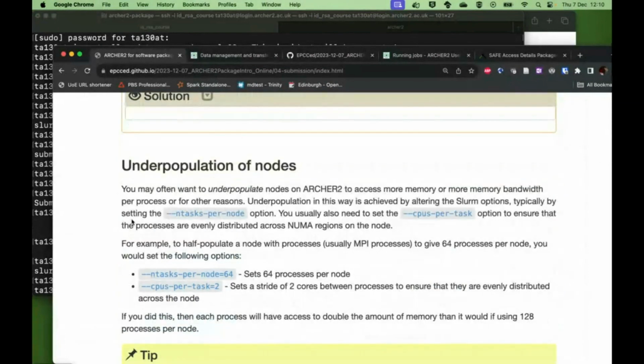Okay, so sometimes people might want to do what's called underpopulated nodes, and this is usually to access more memory or more memory bandwidth for processes. There are other reasons you might want to underpopulate, but the major reasons are access to memory capacity or memory performance, because the fewer processes you have on a node, the more memory you have per process, and the more memory bandwidth